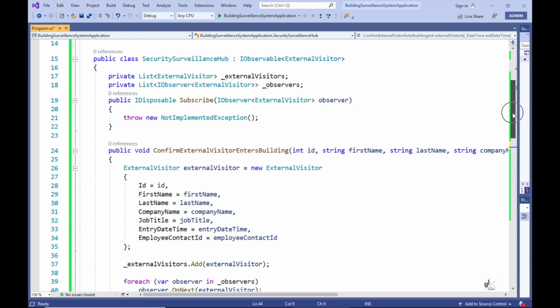So this parameter is defined as an observer type. We'll discuss the IObserver generic interface a little bit later. So the Subscribe method must be implemented by the type that implements the IObservable generic interface. The implementation of the Subscribe method must contain functionality that is executed when an observer subscribes to receive notifications from